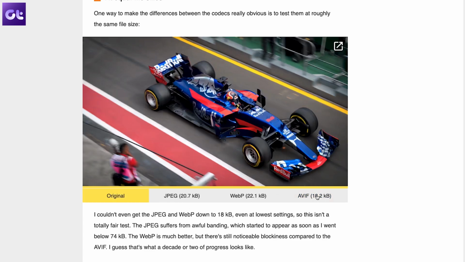Now, whether Android 12 will end up using AVIF or HEIF for their camera photos is not known at this point of time, but it's nice to know that if you're using a device or just transferring AVIF images to your Android phone, it will not say not supported or something like that. It'll be able to showcase the images. So that is always good. Also, the big advantage with AVIF is that it's royalty free and open source. So that is another big plus. You can read more about AVIF down in the description box, but for what it's worth, it's a really nice technology.